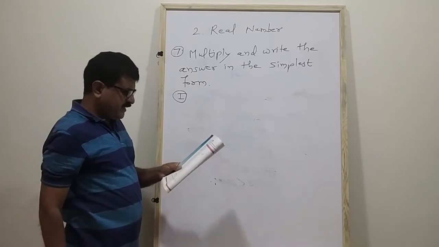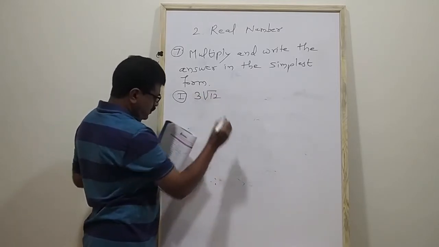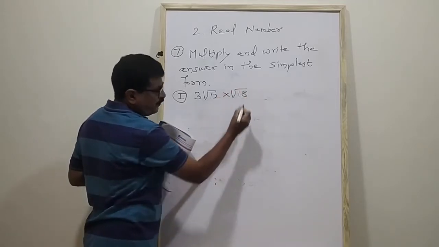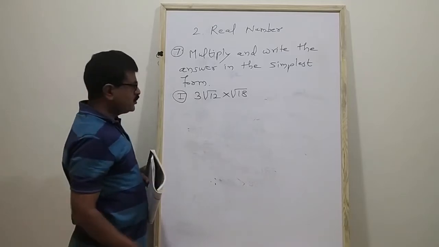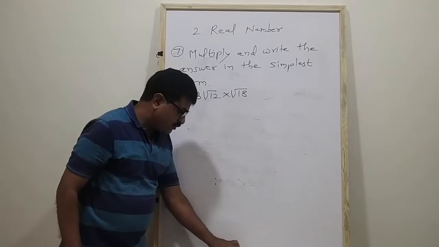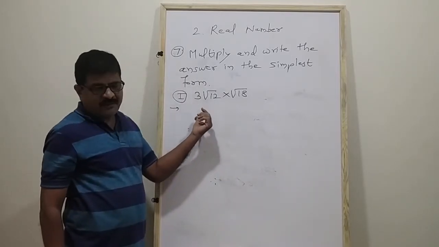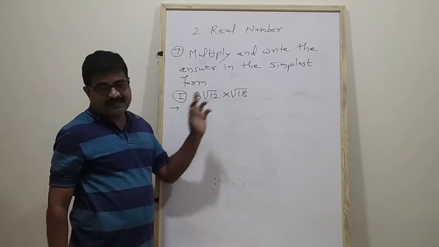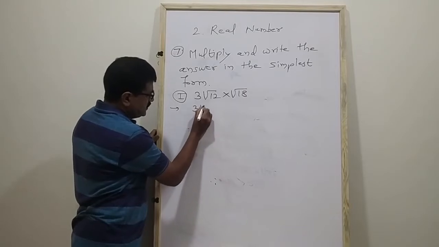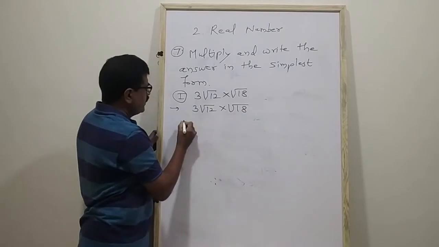Now first example is 3 square root 12 into square root 18. Now we have to multiply this and write this multiplication in the simplest form. Now first write down given example as it is: 3 square root 12 into square root 18 is equal to